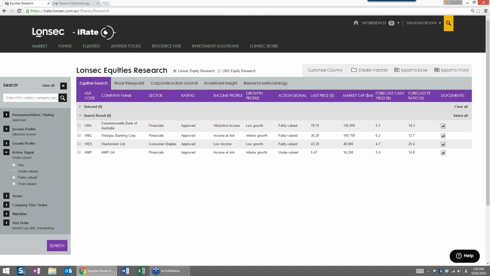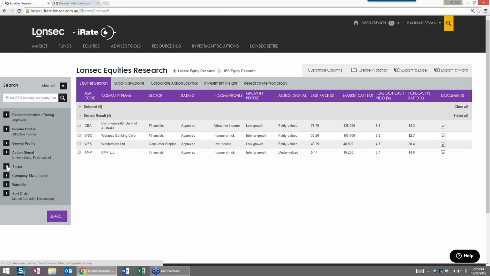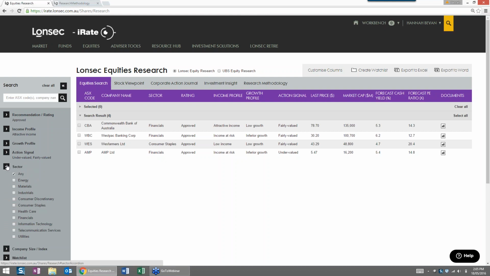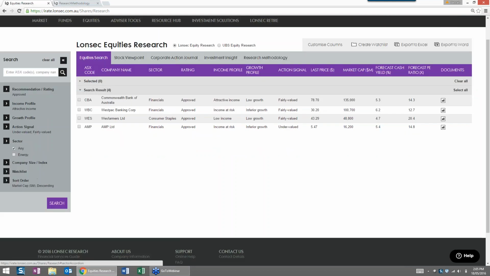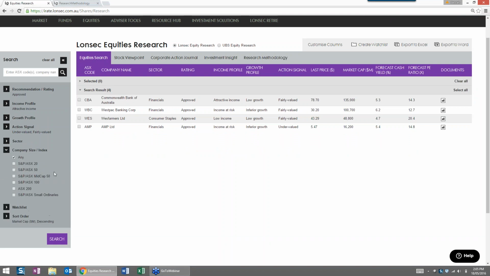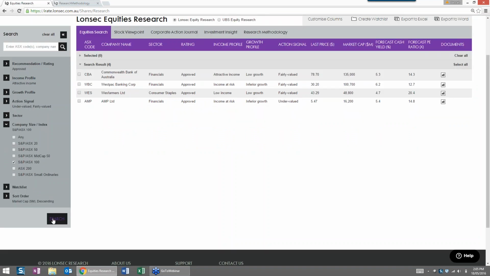So for that reason, we're looking for ones that are currently undervalued or seen as fairly valued. You can also search by the GIC sector if you wanted to restrict that search in that area. You can also search by the index size as well. So if you did just want to restrict that to, say, the S&P ASX 100, you can do that from here. If I hit search,